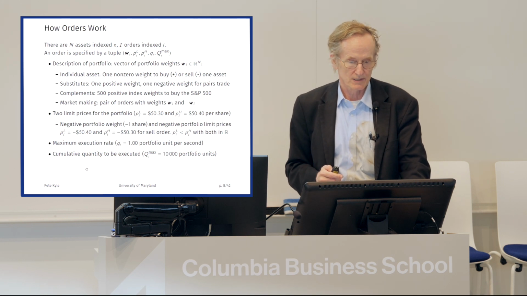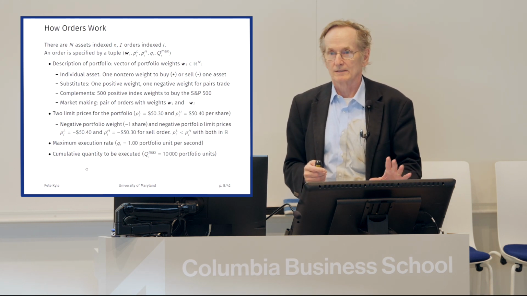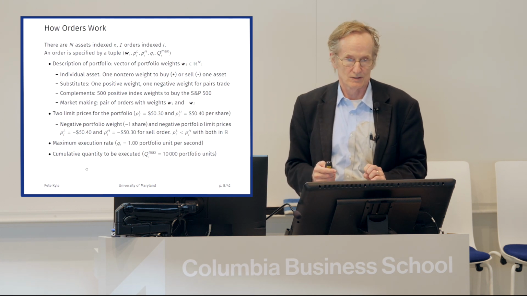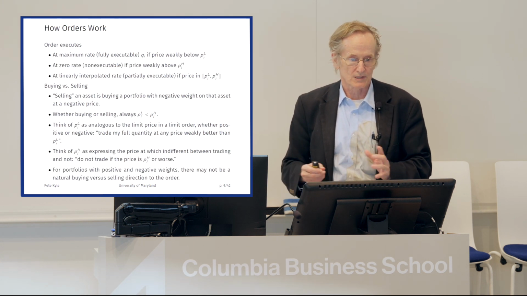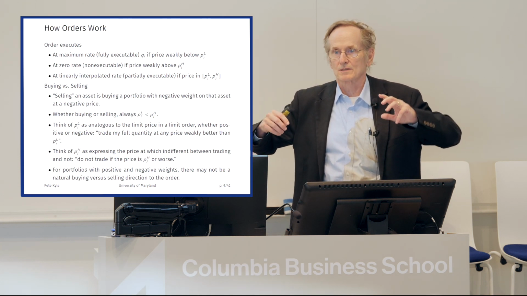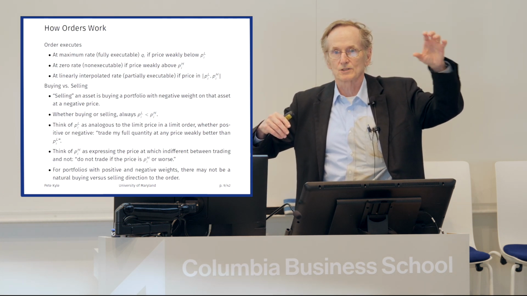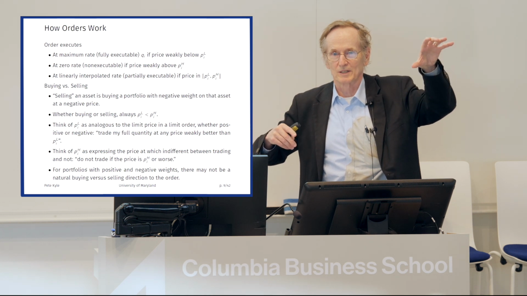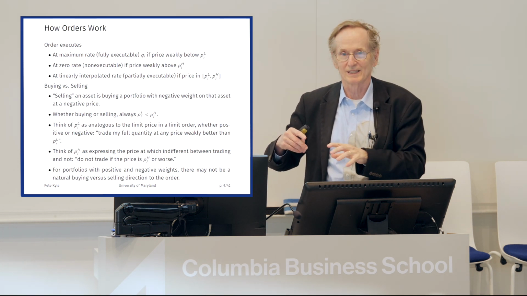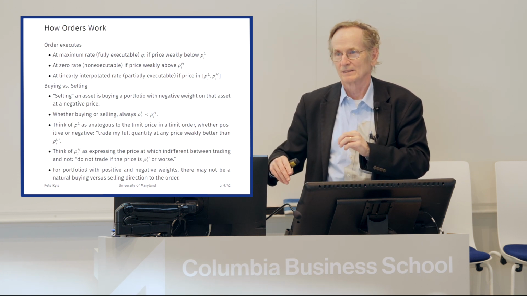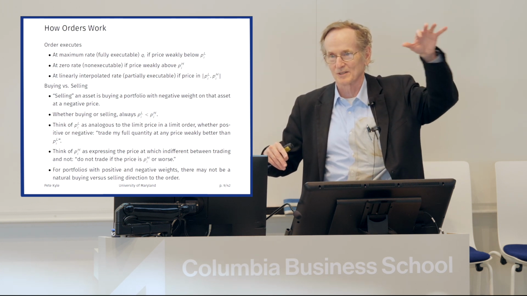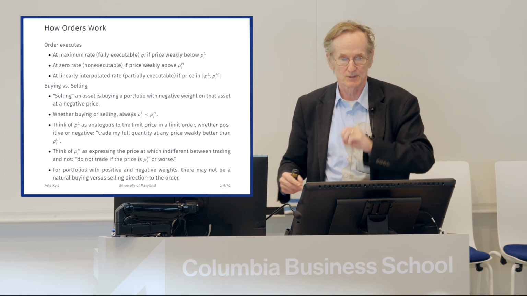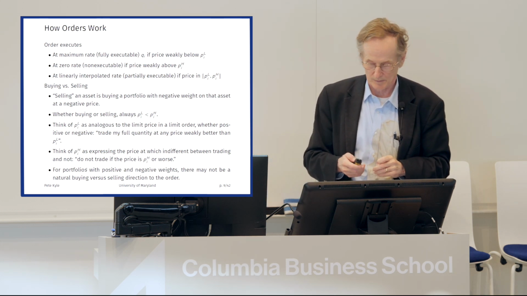So this is a generalization of what we have today. Any questions about this part of it? Okay, so I already said that when the price is at or above pH, you buy the entire little lowercase q, the entire quantity in your limit order. When it's below PL, the lower limit price, you don't buy. Excuse me, I said it backwards. When above pH, you don't buy anything. When it's below PL, you're fully executing the order, and in between, you're linearly interpolating.